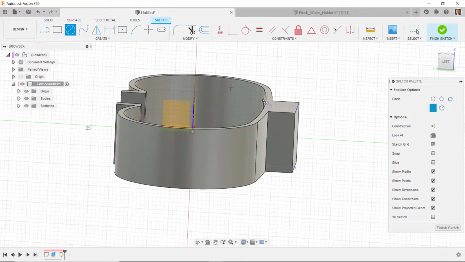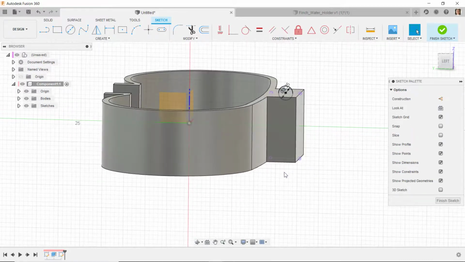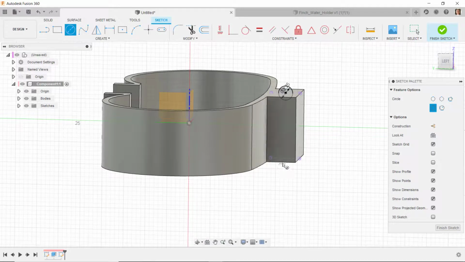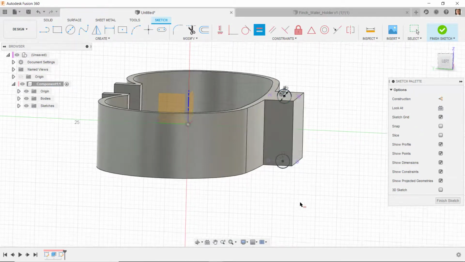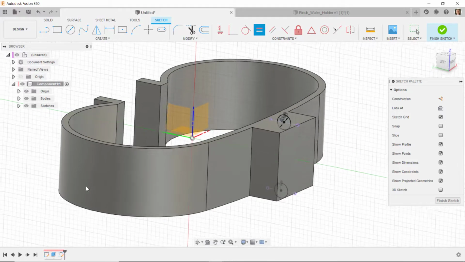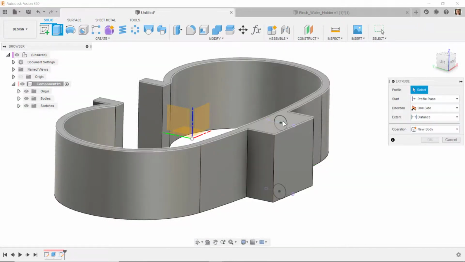And then I'll draw a circle at the midpoint of this line, or wherever it is along that line. I'm going to put it at the midpoint, and I'll do that as 3.25 or whatever the diameter is. And then I'll draw a second circle and I'll put that down here, and rather than put a dimension on here, I'll make that equal. This circle is equal to that one, so if I later decide I want to change that, I can change that with one dimension. And then I'll go back to my solid tools and I'll do extrude,